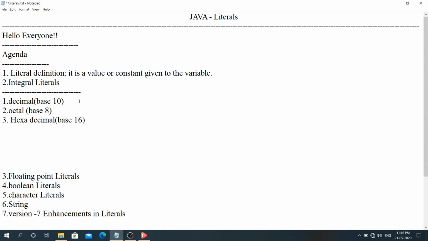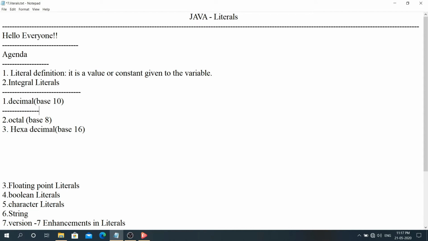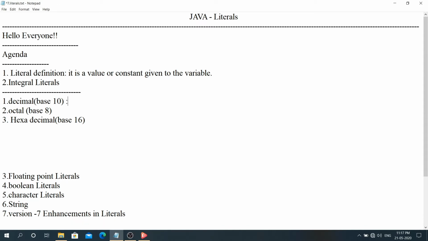We know that in base 10 the allowed digits are 0 to 9.